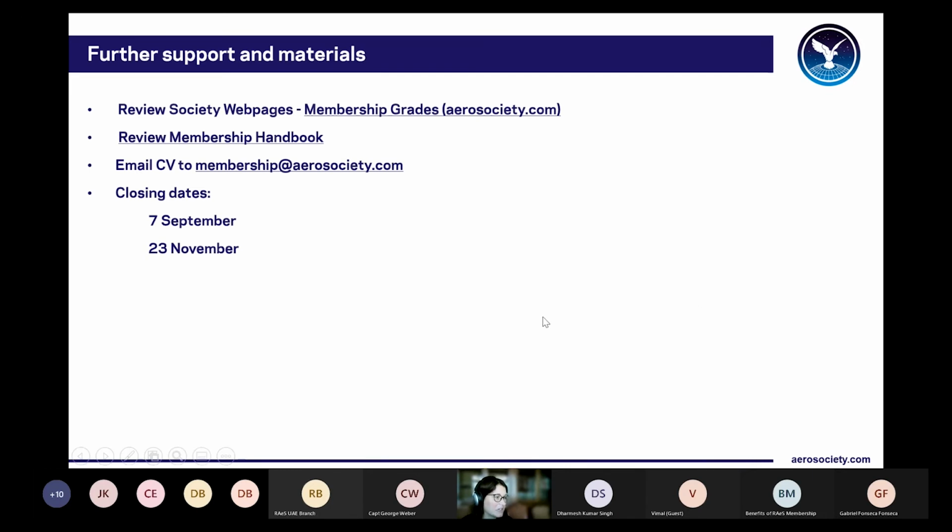So in terms of further support and materials, as mentioned, all of our grades of membership are on our society web pages. So it just goes into a little bit more detail into what I've already touched on. But also we have our membership handbook. That really outlines the different grades, what's required, and also the typical roles. So I would always recommend for you to have a look there. But again, once you've done that and you have any questions, if you're still unsure which grade is best for you, please just get in touch, and we absolutely will be here to support you. And please do get in touch at our